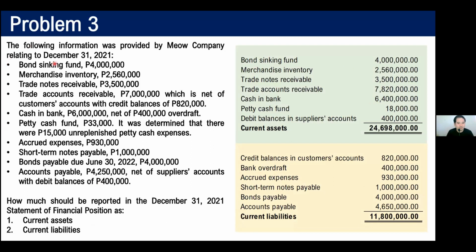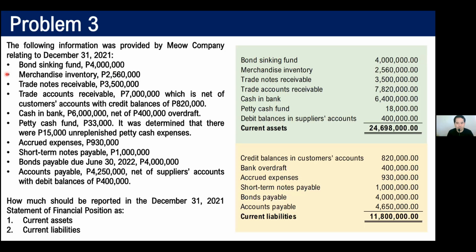Bond sinking fund of 4 million is related to your bonds payable due 6 months na lang. So, kung December 31 ang ating reporting period at June 30, 2022, your bonds payable becomes current liability. So, your bond sinking fund also becomes a current asset. Okay? 4 million. Kasi yung nire-relate na bonds payable ng bond sinking fund mo, current na. So, ang gagawin mo, yung mismong bond sinking fund mo, current na din. Ganun siya. Okay? Next is your merchandise inventory of